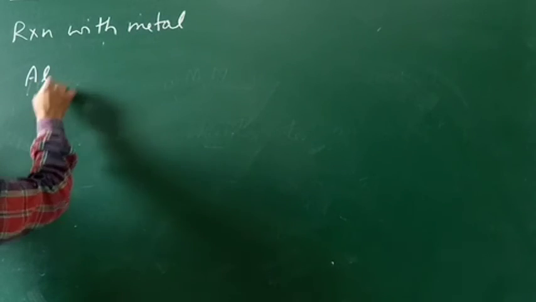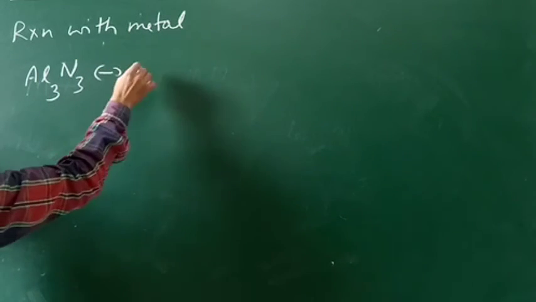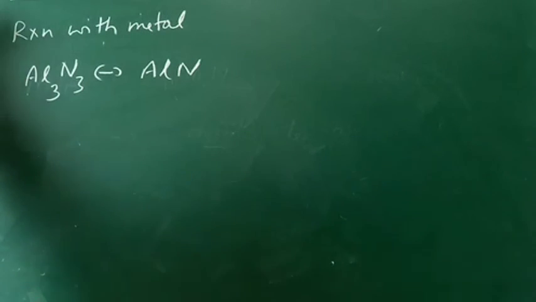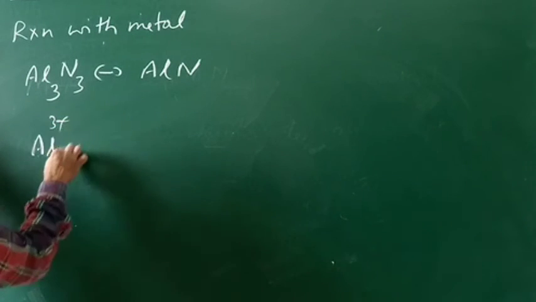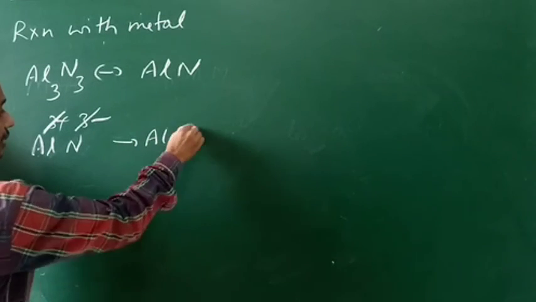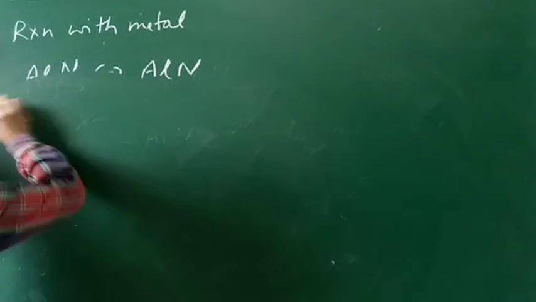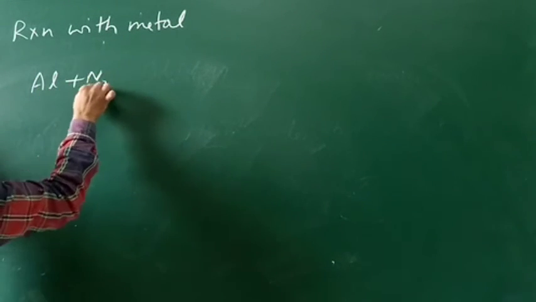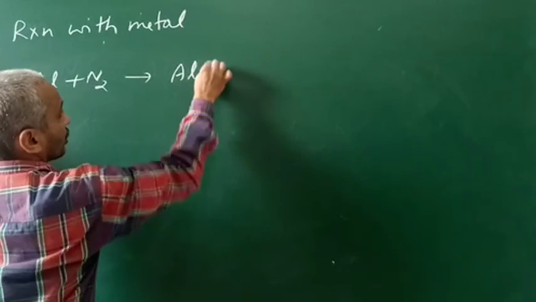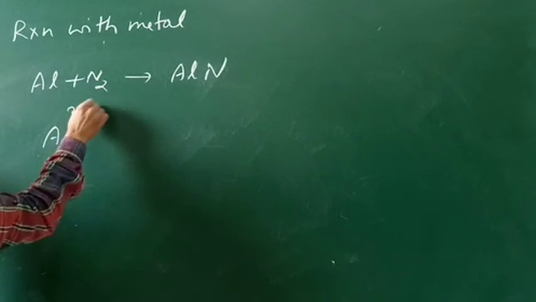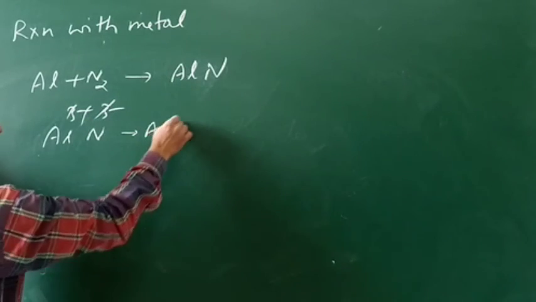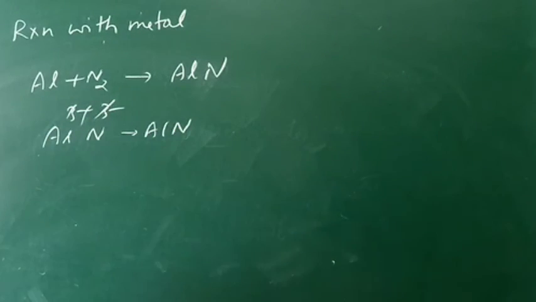Aluminium gives Al3N3, which will be there as AlN also. Remember this. Aluminium nitride, because Al3+ and N3- get cancelled and we get AlN. See, aluminium plus nitrogen will give AlN. Al is 3+, N is 3-, so I get cancellation. I am going to get AlN. This is aluminium nitride.